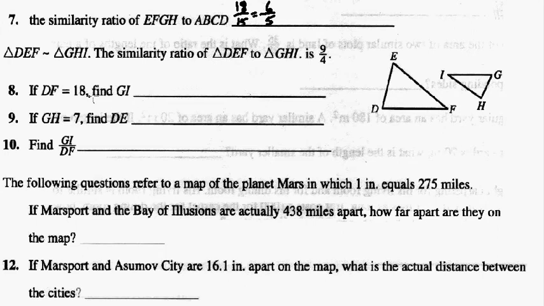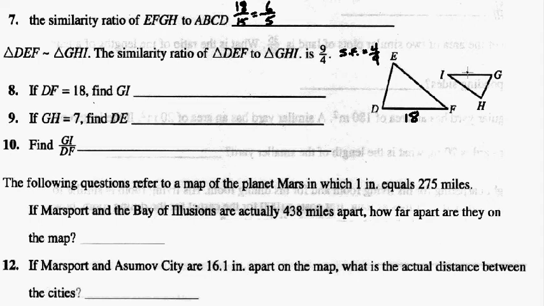If DF is 18, okay, let's read this first. Triangle DEF is similar to triangle GHI. The similarity ratio of DEF to GHI is 9 over 4. Alright, the similarity ratio is 9 over 4. Therefore, the scale factor is 4 over 9. So if DF is 18,